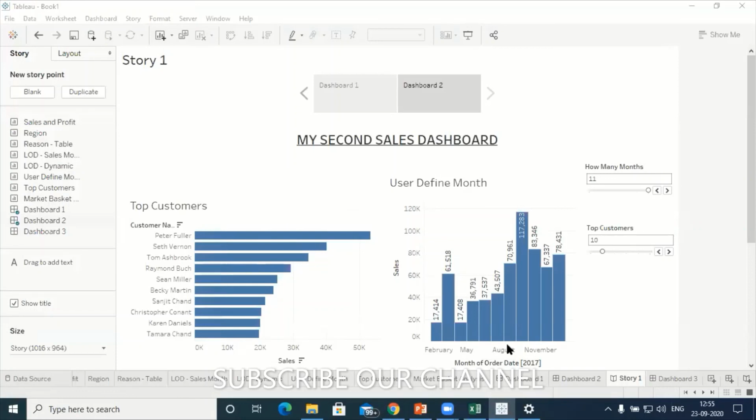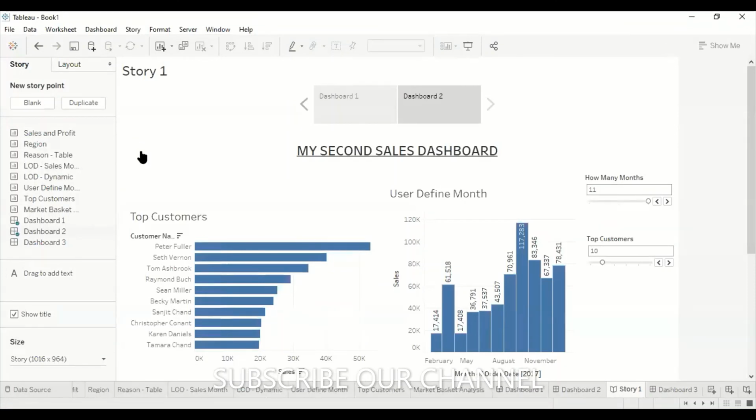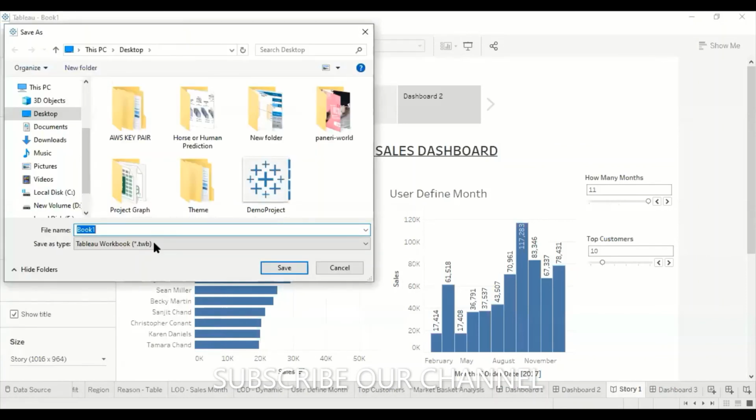Let's say this is my Tableau desktop. Hope you can see my Tableau desktop now. If I want to save, just go to File, save it, Control S, and it is going to save with the extension TWB. If you want to open this, you need Tableau desktop or Tableau software to open this file. It is not possible to open it in other software. Hope you are clear with this. Just hit save in Tableau, and it is going to save your file.